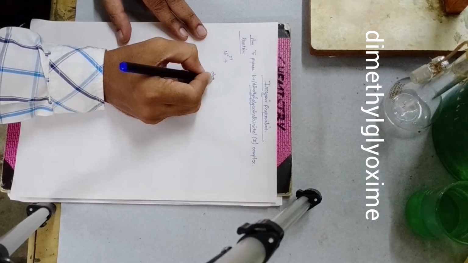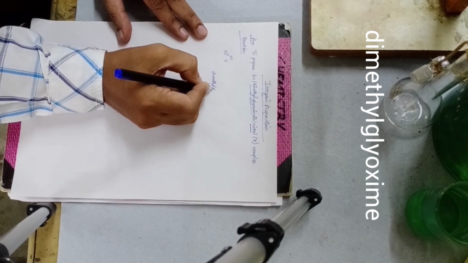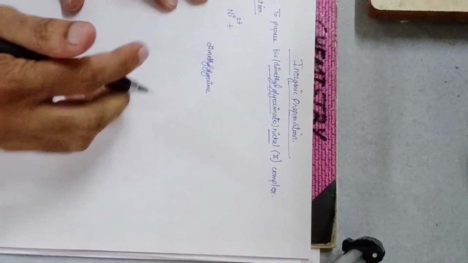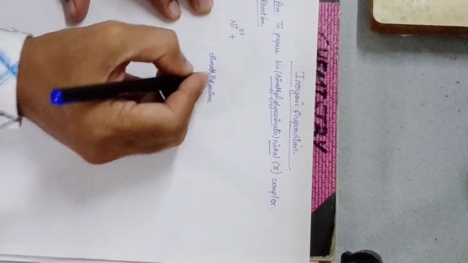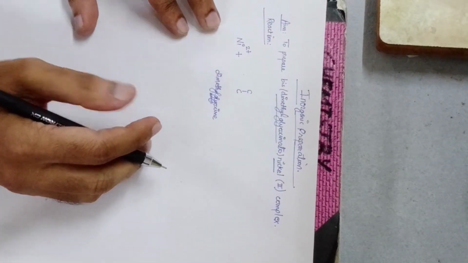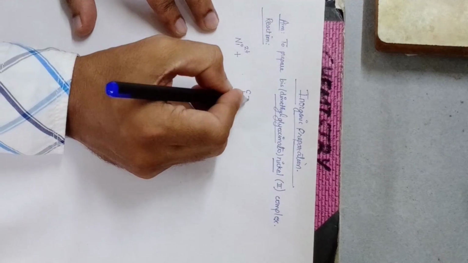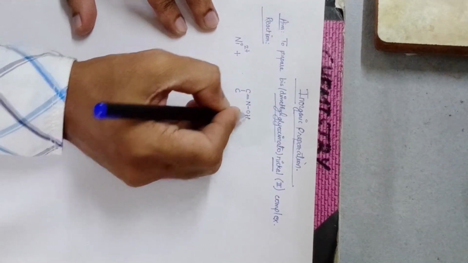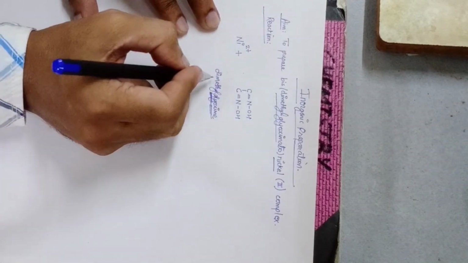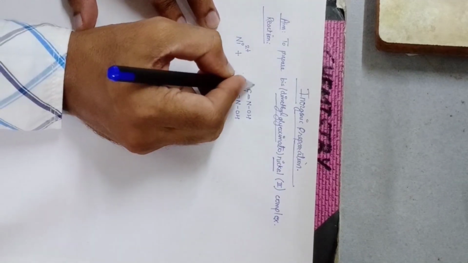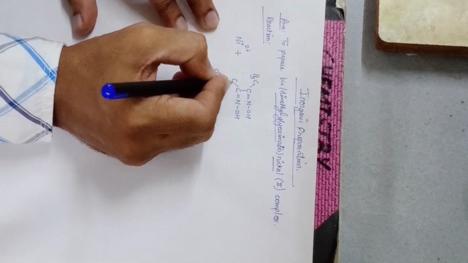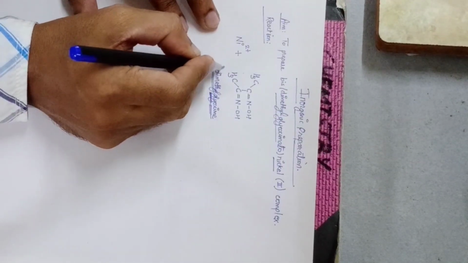So the ligand is dimethylglyoxime. We'll try to elucidate the structure of dimethylglyoxime, how it is. Glyoxime suggests that two functional groups are adjacent to each other, or we can say vicinal to each other. Which functional groups? Oxime. We know oxime is NOH. So this is glyoxime. What next is dimethyl. So other valencies of both the carbons are satisfied by methyl groups. So this is the structure of dimethylglyoxime.